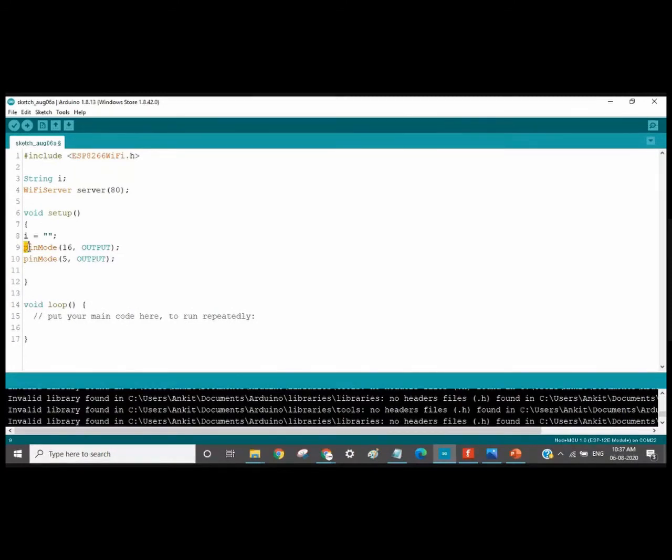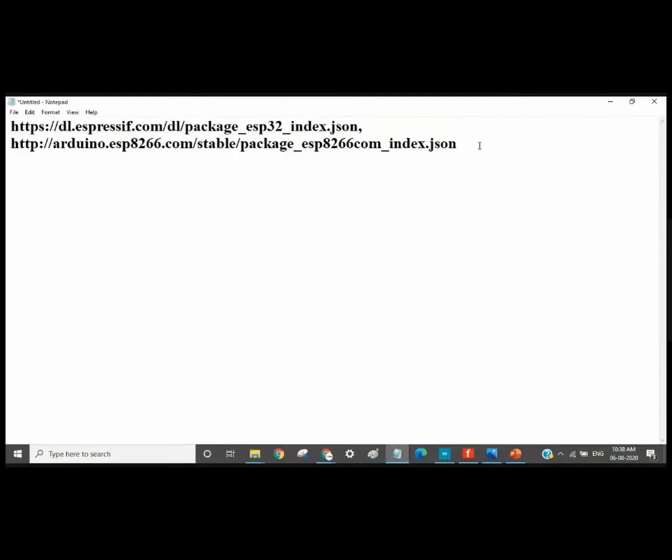Now we will define the initial state of these pins. The initial state of these pins will be high and high. Yesterday we saw that high was off and low was on, right? We are using the same relay module, hence here also high will be off and low will be on. The type of relay which we are using is high equal to off, while low means on.